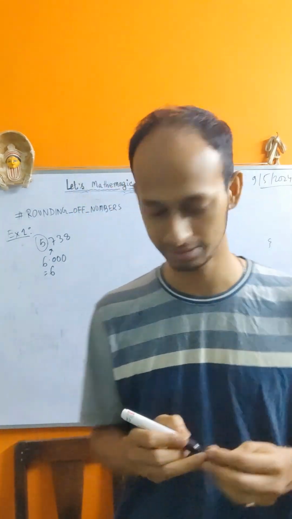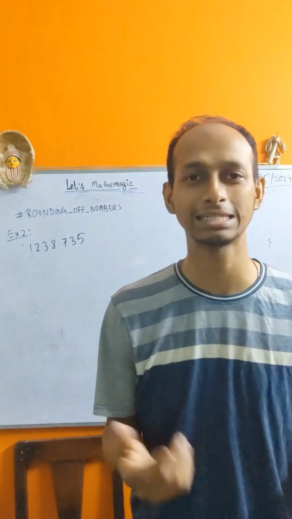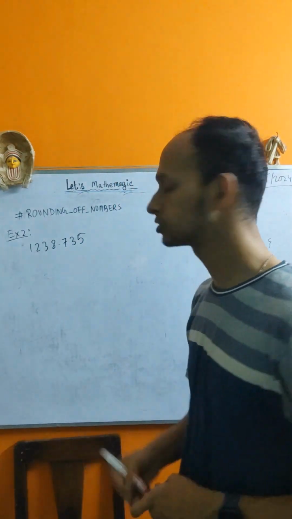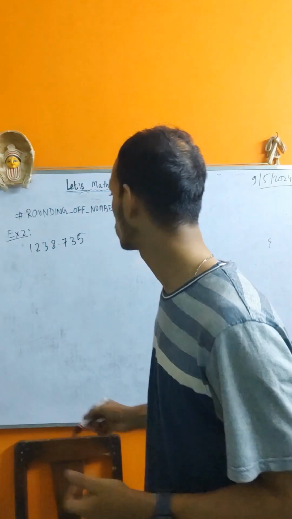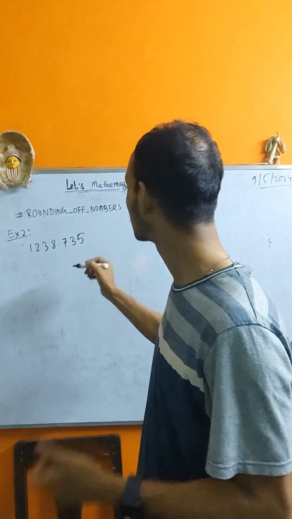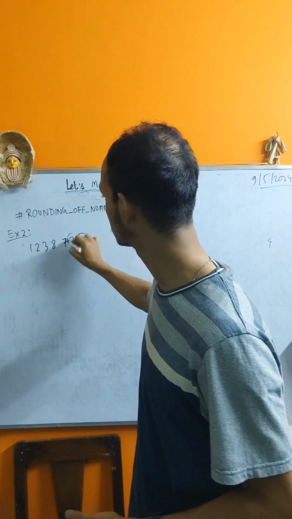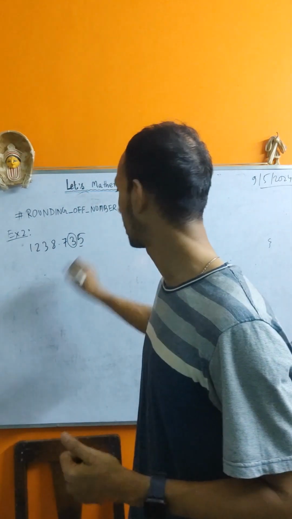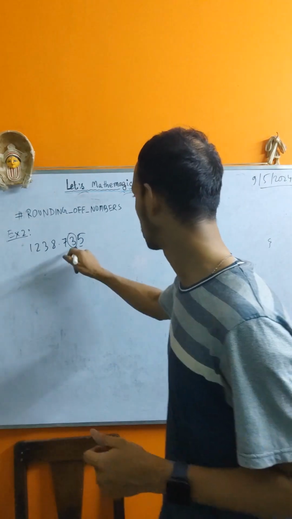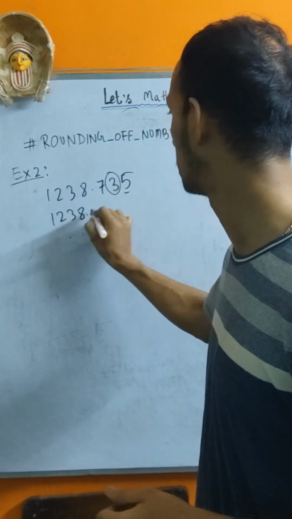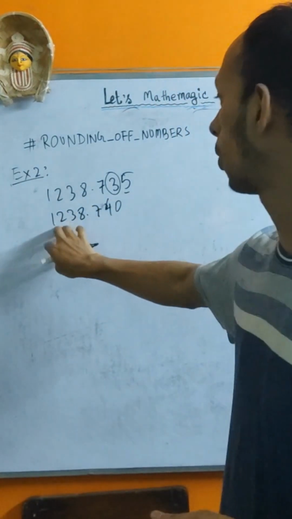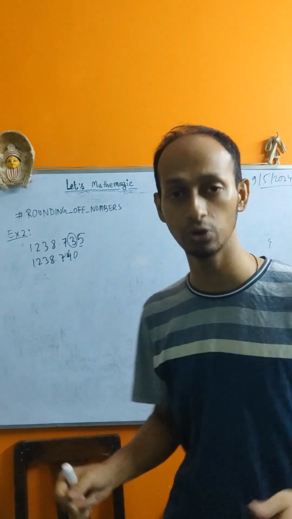Let's come to the next example. In example 2, the number is 1238.735. Suppose I ask you to round off this number to the nearest hundredths place. The hundredths place is here. The digit after the hundredths place is 5. As I have told you, if it is 5 or more, I need to increase the number by 1. So the number will be increased by 1, and the number after this will become 0. Right now it is 1238.740,